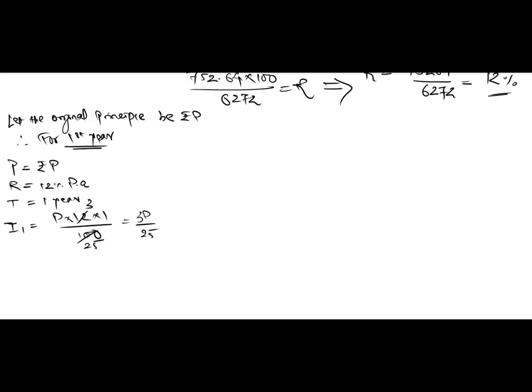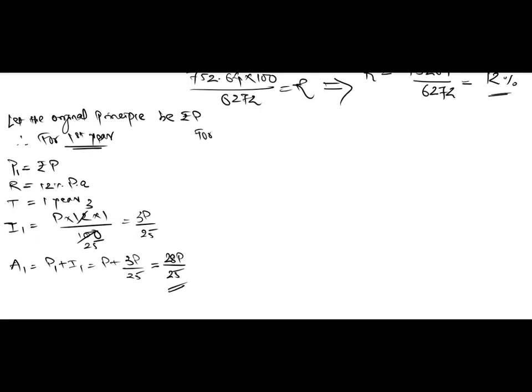So can you tell me what will be A1, the amount at the end of 1 year? P1 plus I1, which is P plus 3P by 25. I'm using the P method. I'm not using the 100 method as shown in the textbook. I'm always a fan of this method. I suggest you also use this method because you are going to get directly the answer of P. Alright, so this will be 25P plus 3P, 28P upon 25. This is the amount for the first year.